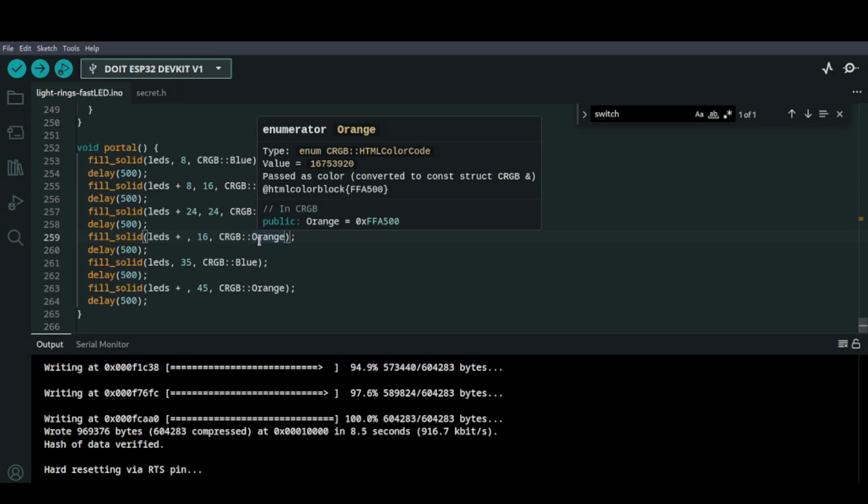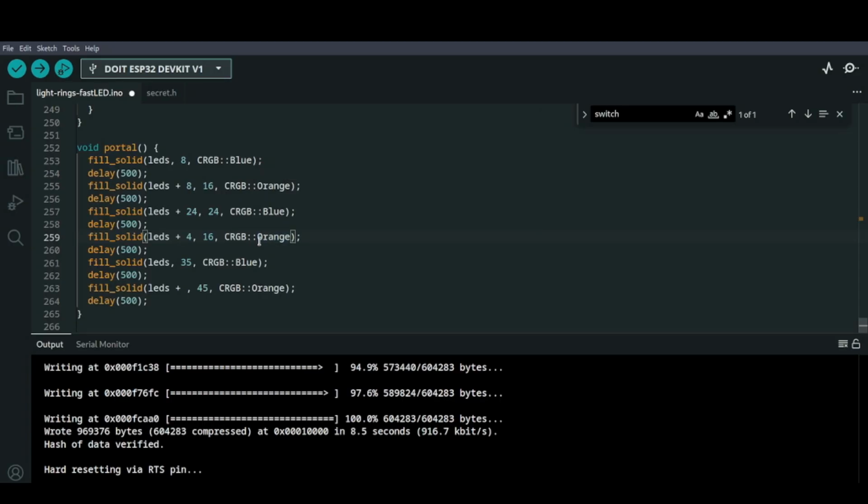It'll be in the code, but yes, I will make a note of it as well. Okay, I'm making a note. 40? Is that right? 24 plus 16 is 40, yeah? Yeah.